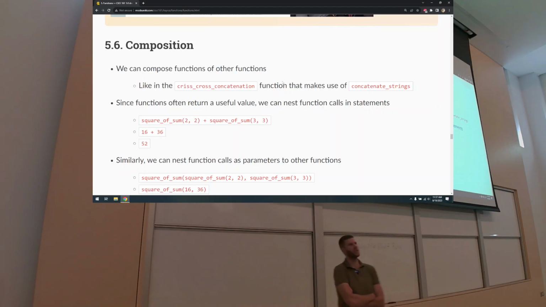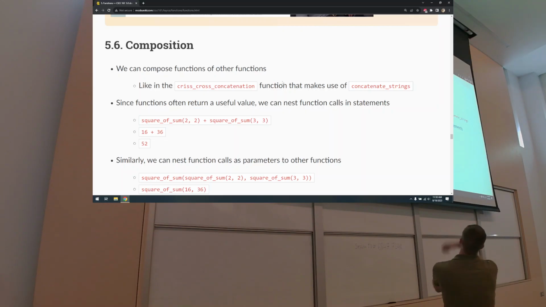Because these function calls are evaluated to something, to a value, you can use them as if they were the values that they're evaluated to. But of course, Python has to do all the number crunching before it can actually do any processing on it. So if you look at,